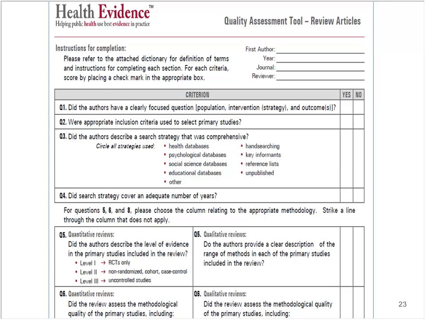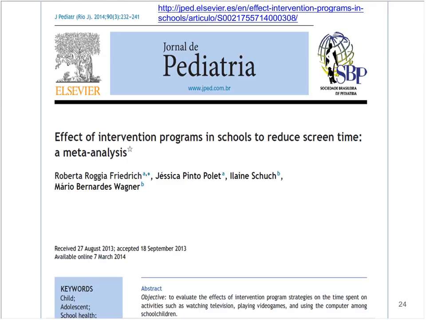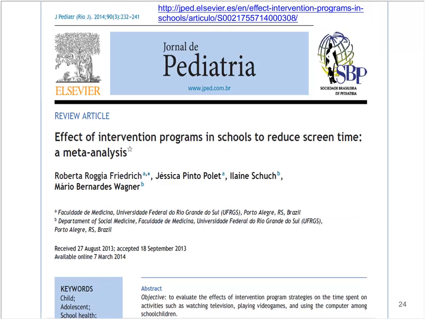Did multiple people contribute to all of those components of the review in terms of determining which studies would be included, what the quality of those primary studies were, and what data would be extracted? Ultimately, you want independent raters to be doing all of that and then coming together to discuss any discrepancies. And then you also want to know, how did they aggregate all of that data? So how did they make sense of it? If it's more of a narrative review, they're not statistically combining all of that evidence.